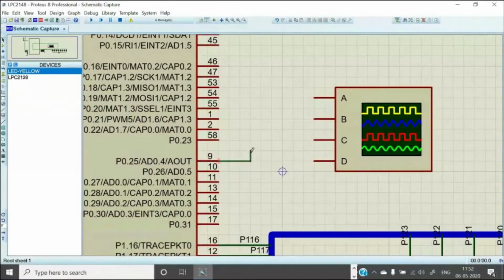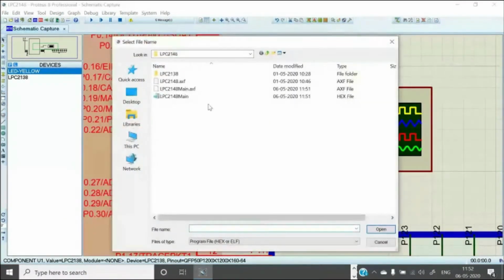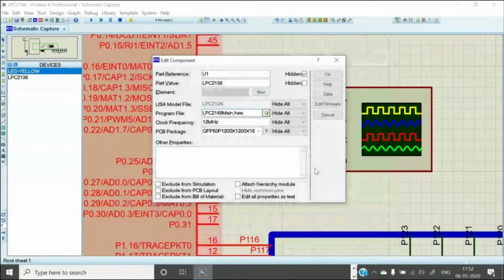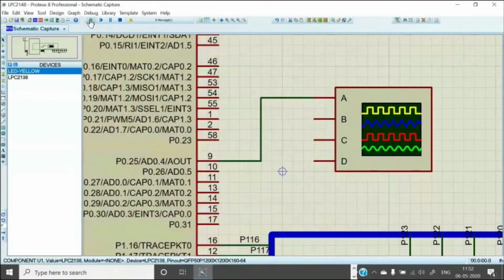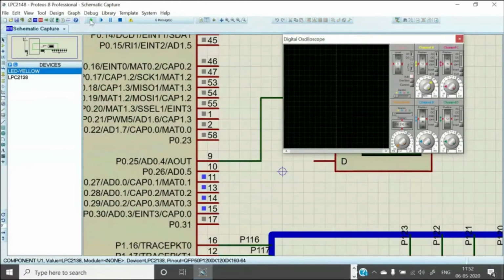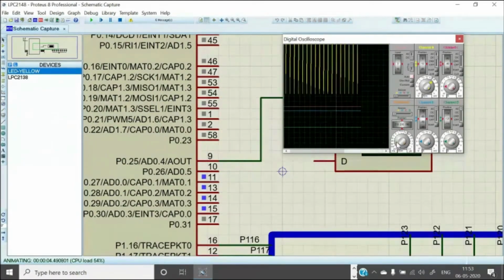So I straight away connect that to an oscilloscope because this directly generates an analog output, pin number 9 or port 0.25. So let us assign this X file and run this. Increase the time scale.